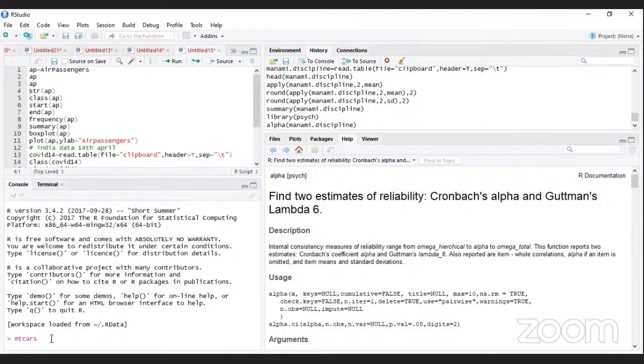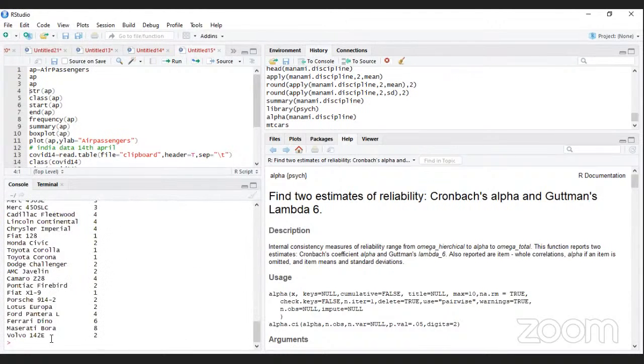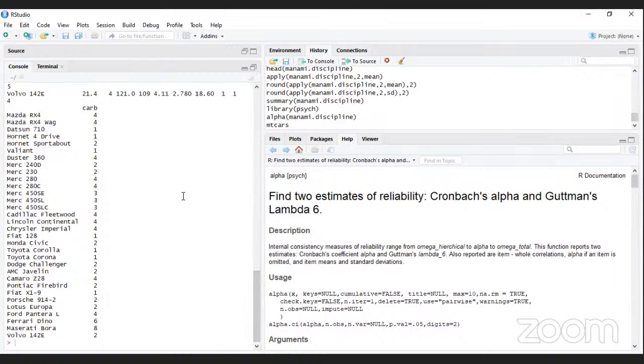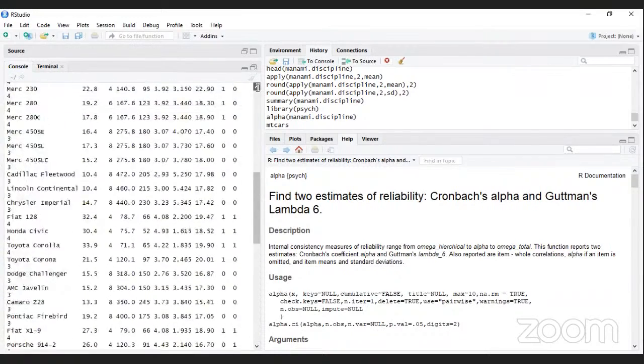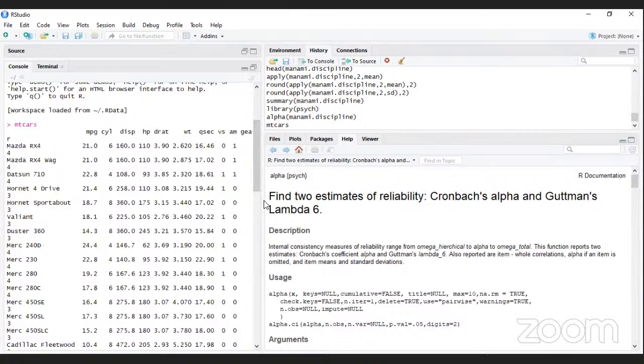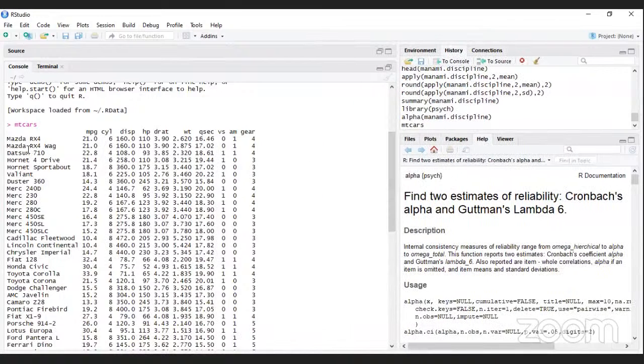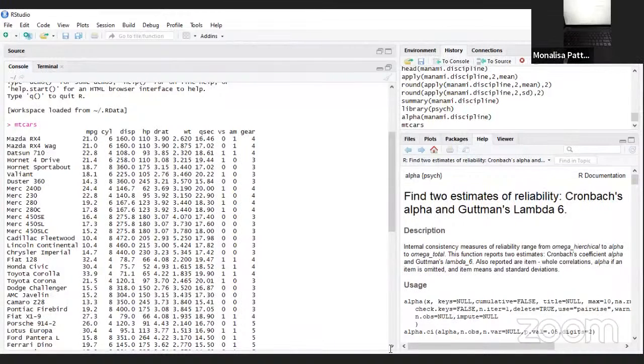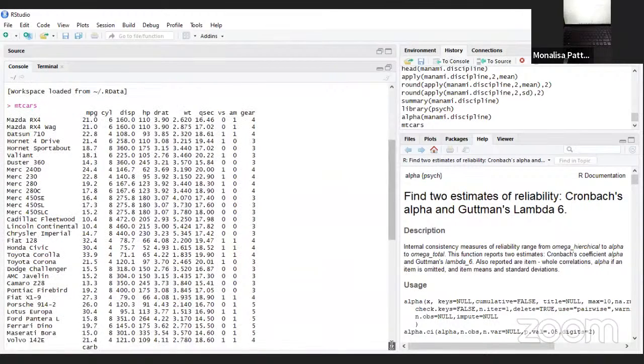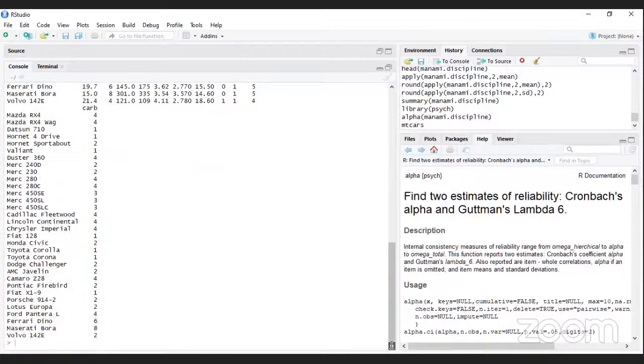Okay, so now I am presenting the mtcars. Is it visible to all of you? Yes, sir. So this is basically the data reservoir. In mtcars, you will find the different types of cars here. So this is a set of inbuilt data of R. So if you write here,